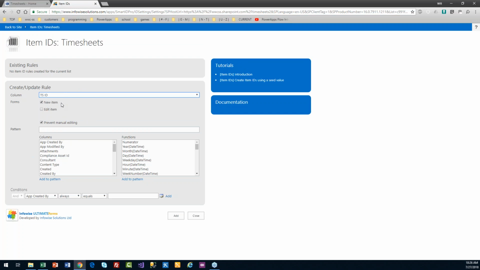Now, typically you do want it to just happen on new item. It basically tries to re-trigger this event on an edit if you have that checked, so you don't want that. Prevent manual editing, just trying to help you. That means you don't want the user to override that for any reason. So the key part about these is you have this numerator function. It's this hashtag you see in square brackets. Basically, you put together some pattern